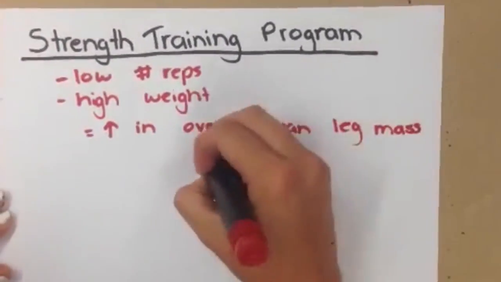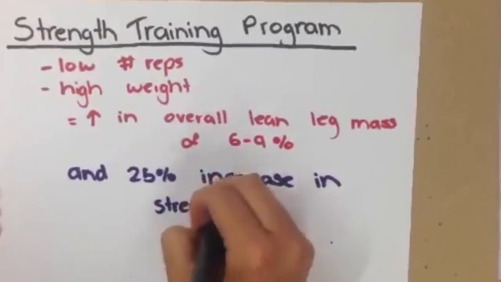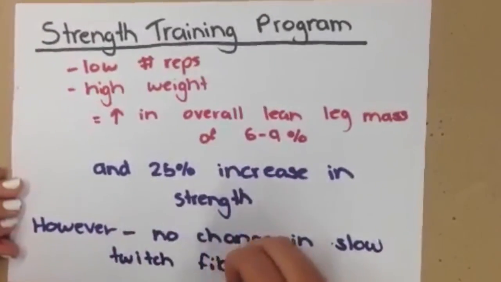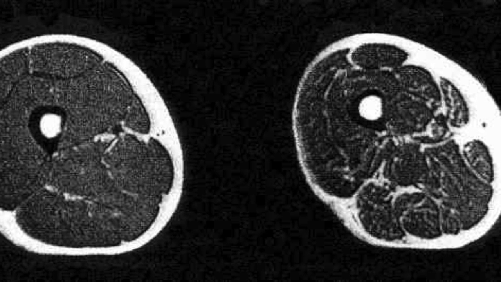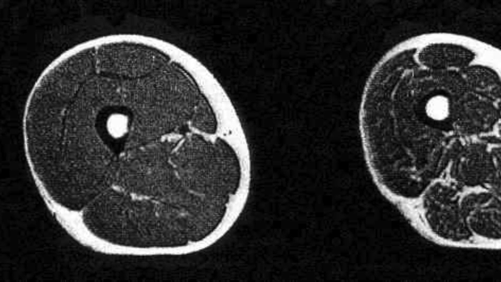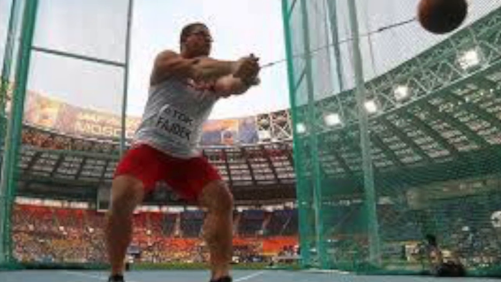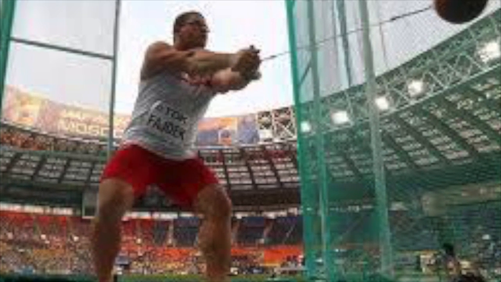A study of individuals following a strength training program structured around performing a low number of repetitions of an exercise at a high weight, Verdict's 2009 study, found an increase in overall lean leg mass and cross-sectional area, with no observed changes in slow twitch fibers. Another study on elite hammer throwers found that their larger muscle mass, regardless of fiber type, contributed most significantly to